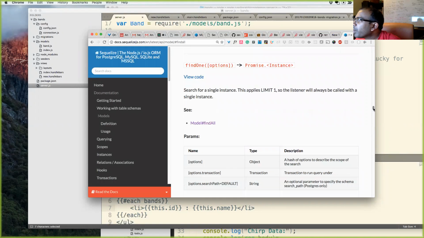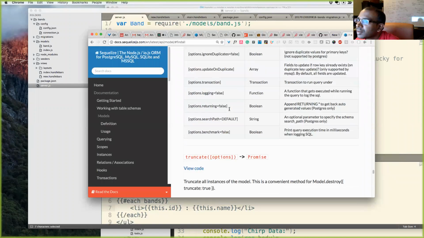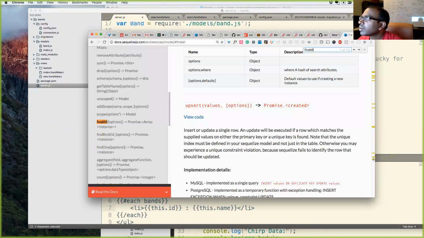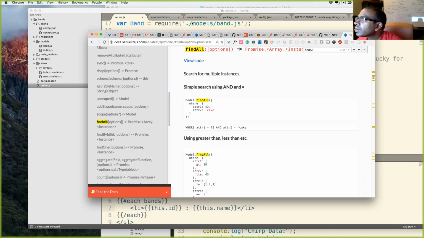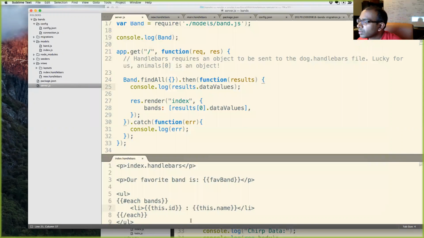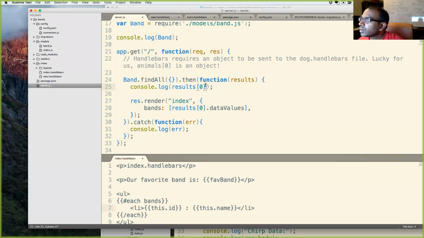And that's not super helpful. So I'll do results 0 this time. Yeah, we won't do that, I'll do results. I'll do res.send results. And let's just see what happens.